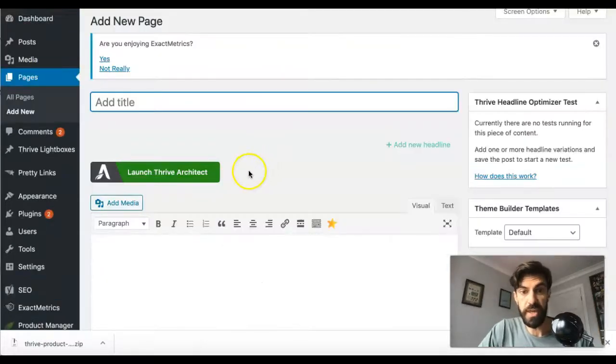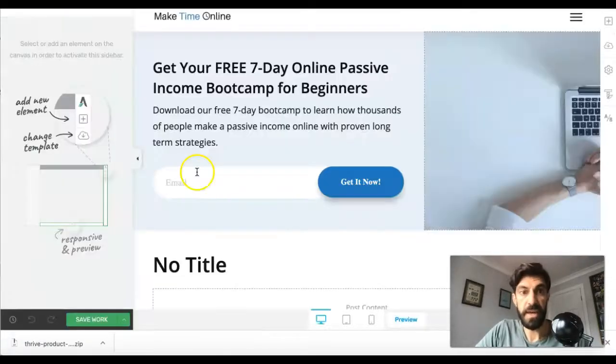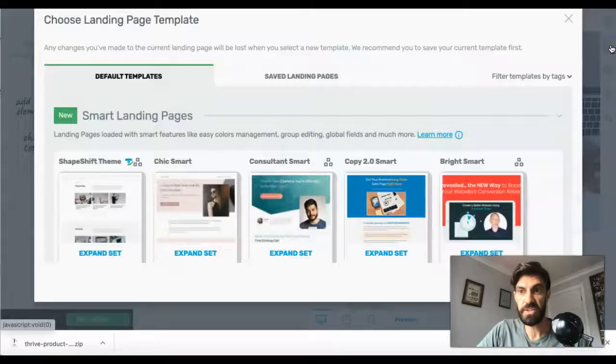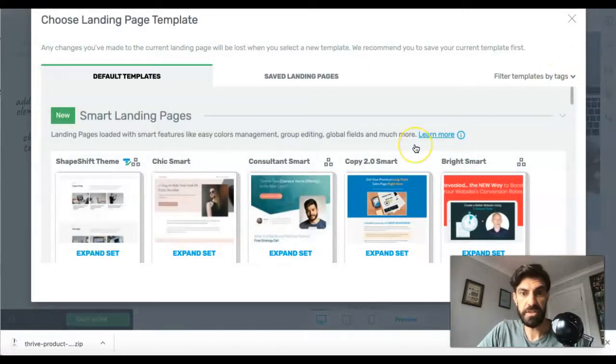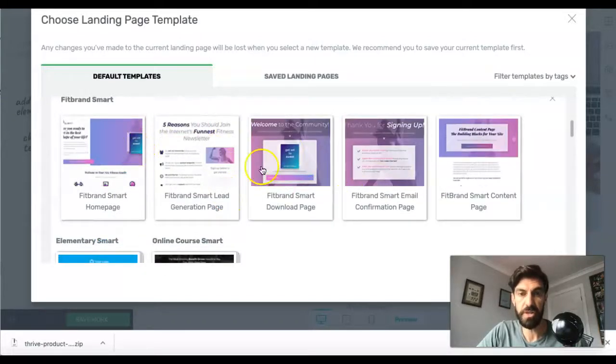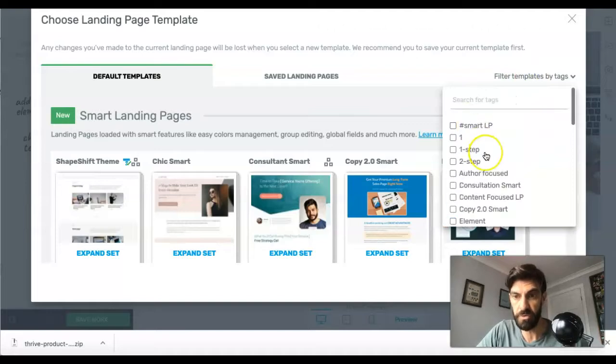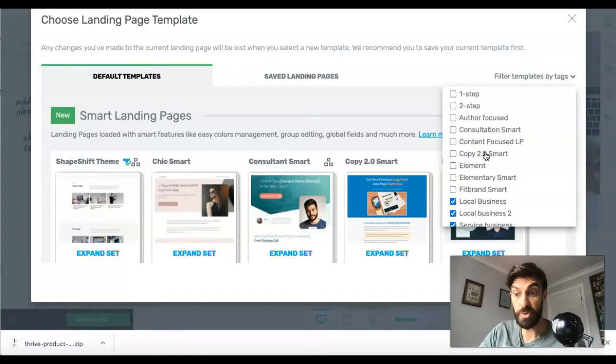And once you're on there, you can just click Launch Thrive Architect, and you can see how good this platform really is. And now this is where the magic really happens, because you can just go onto here, change the template, and there's tons that honestly you can expand all these sets. There's so many pre-ready-made templates, but what you can do, which is perfect for if you're doing lead generation